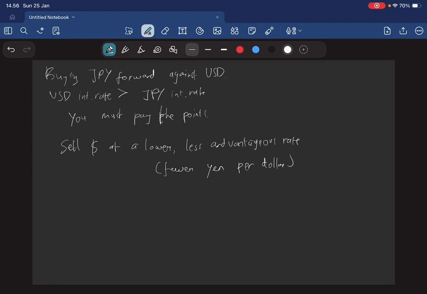So you subtract the points to get the forward rate. Let's say the points are 22.87, so in this example we have 122.50 minus